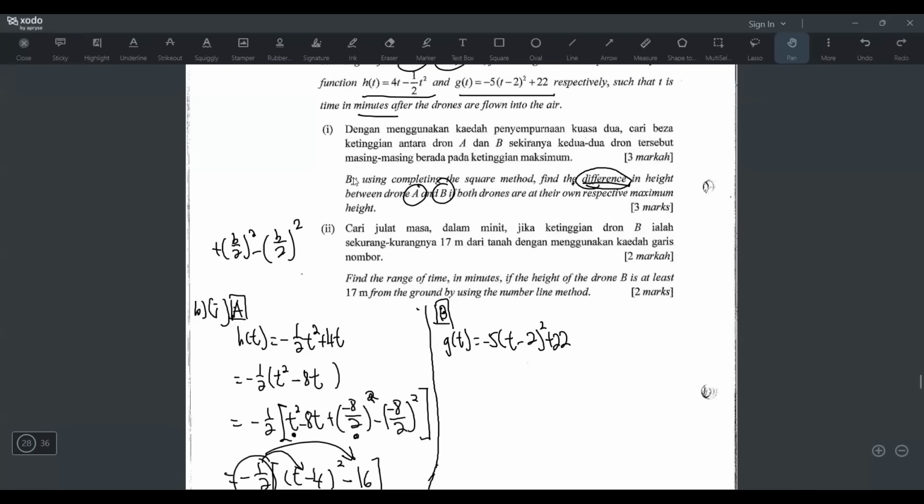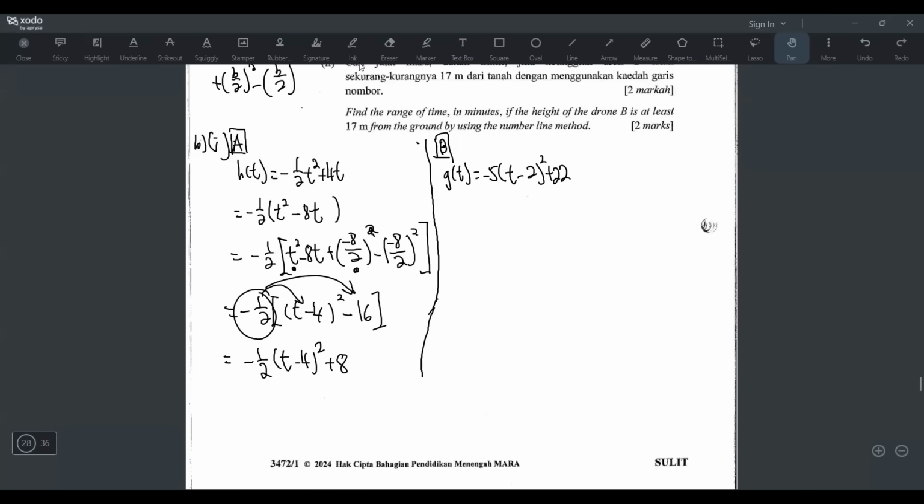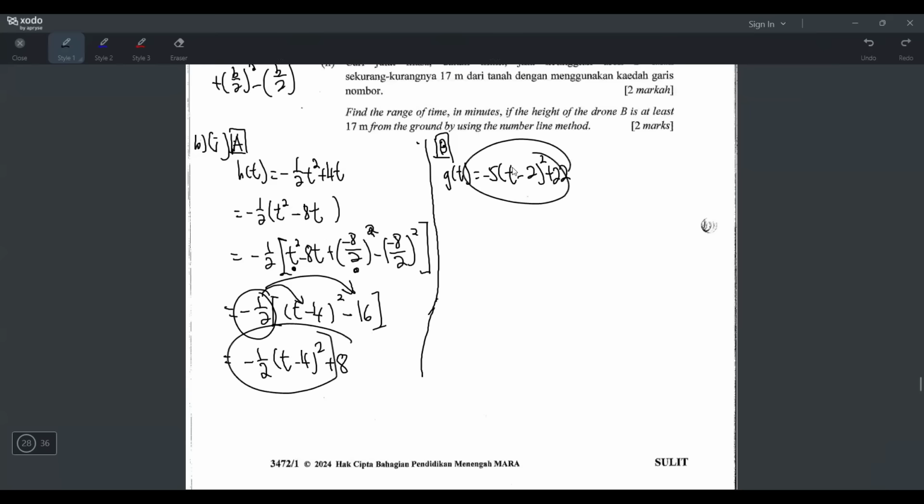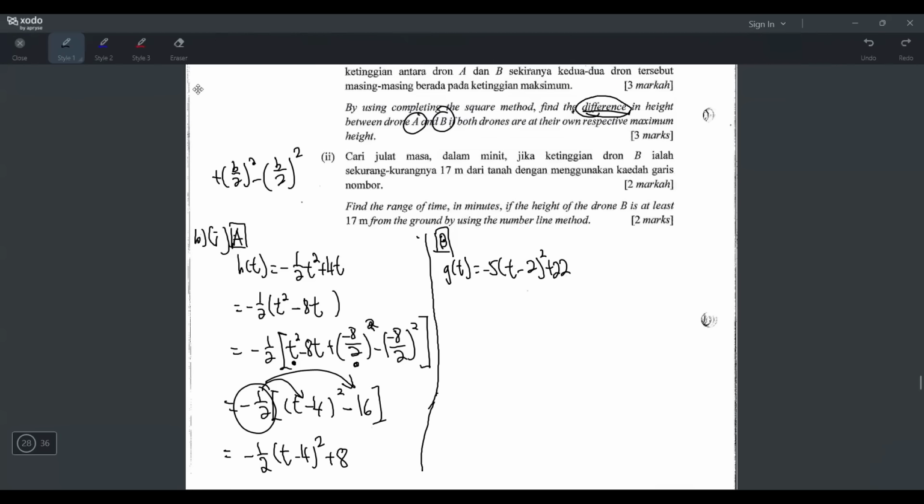They already said they want to use the completing the square method. It means they want your function to be in vertex form. It means it looks like this. Okay, why do we want our answer to be in vertex form? Because when your answer looks like this, which is in vertex form, you can get your